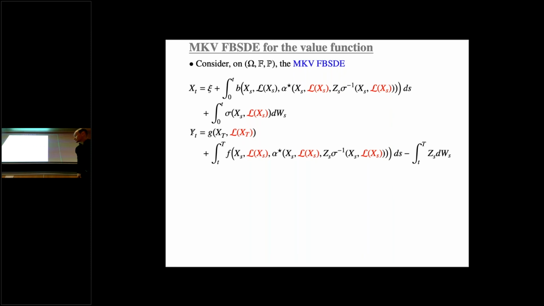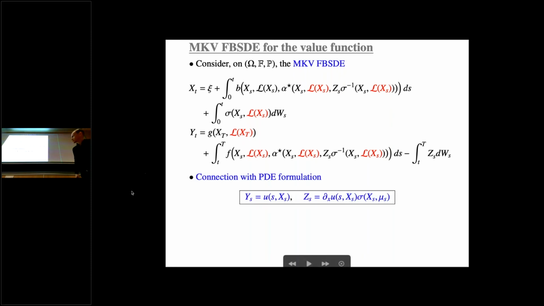And another one, so once again, if you really want to see the connection with the PDE formulation, Y is the cost that you have to pay when you sit down on the particle. So capital X is the optimal trajectory. You sit on the optimal trajectory and you compute how much you have to pay. And Z in this is d_x u, so this is very much related to the optimal trajectory, to the optimal control, or to the feedback function.